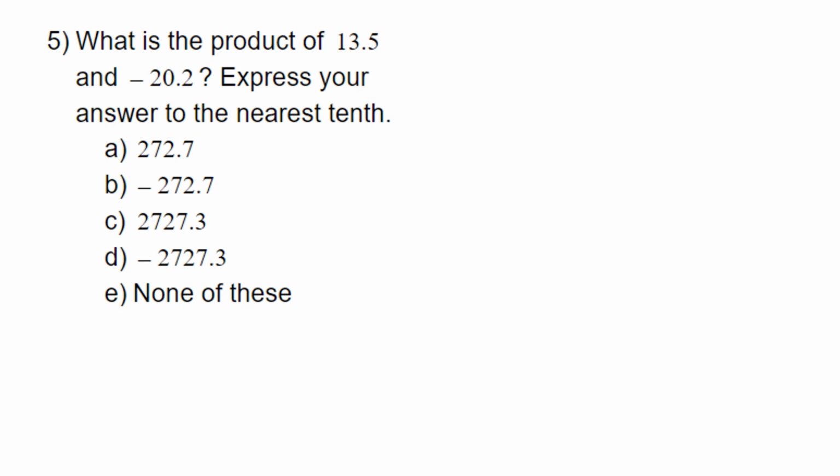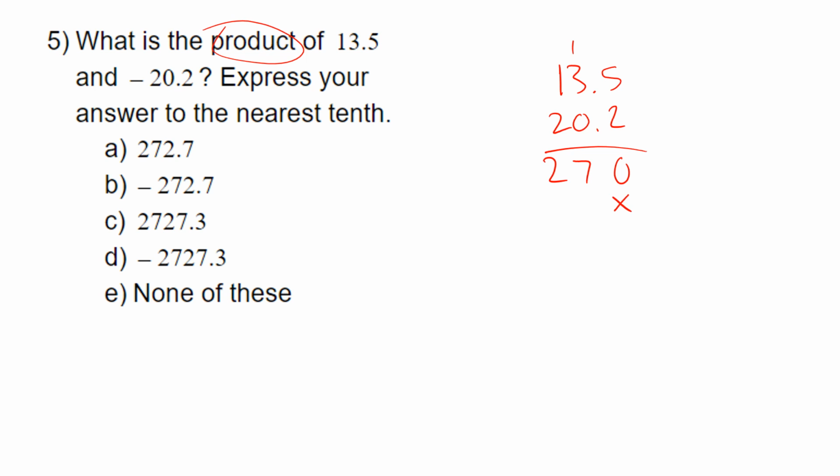The word product means to multiply. So you have 13.5 times 20.2. And 5 times 2 is 10. That's 672. On the next row,